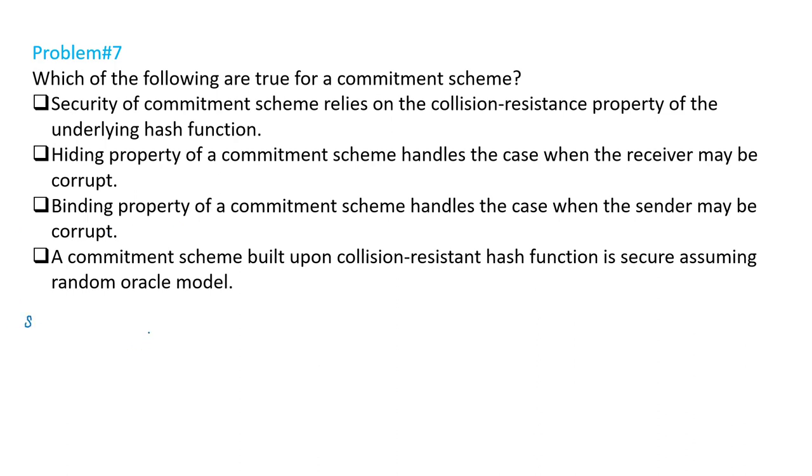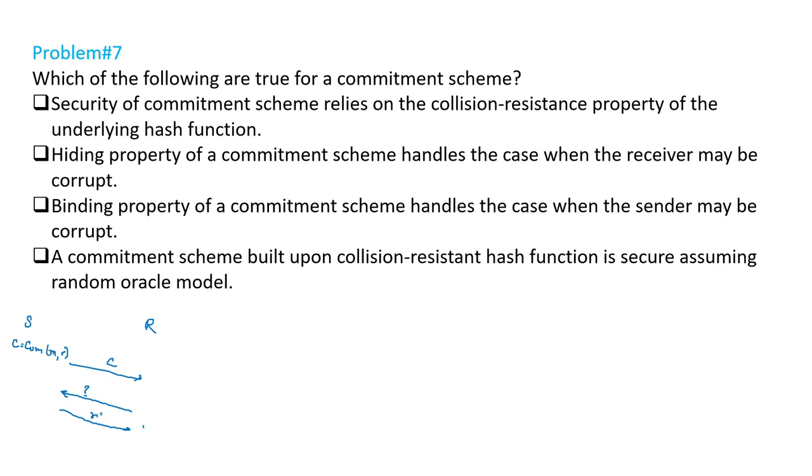So there is a sender and a receiver. First the sender has the message M and computes the commitment of message M with some randomness R, and commits the value C to the receiver R. Now when the receiver requests to open the message, the sender is supposed to send the randomness information such that it can recover the underlying message value.